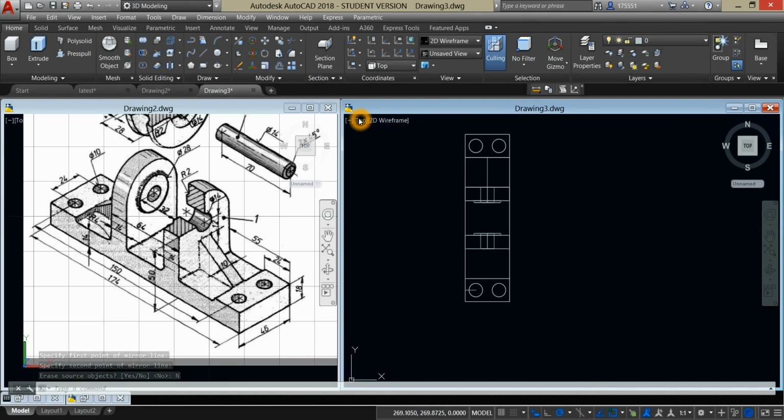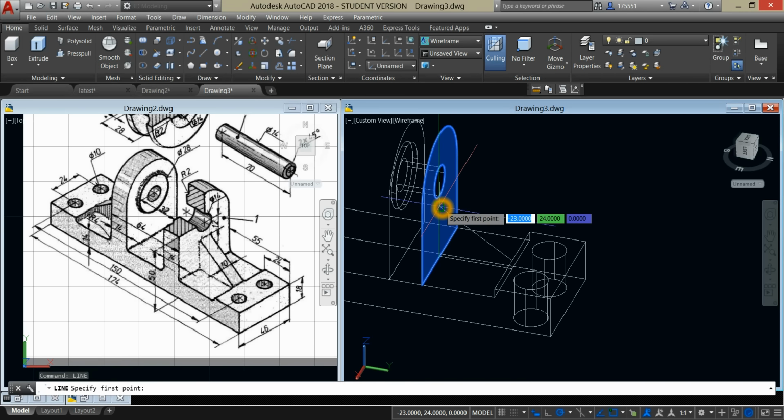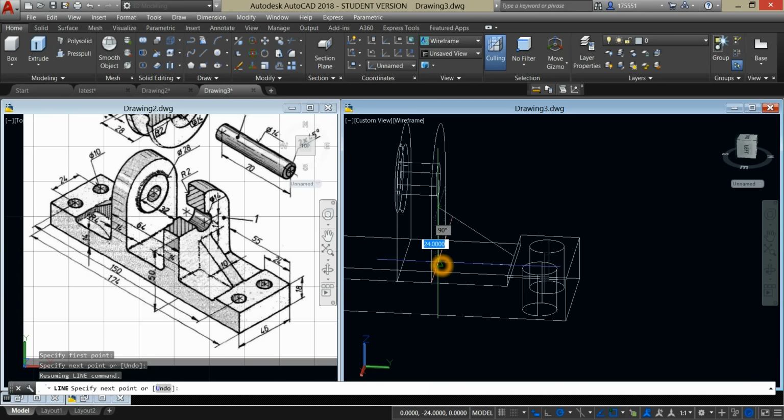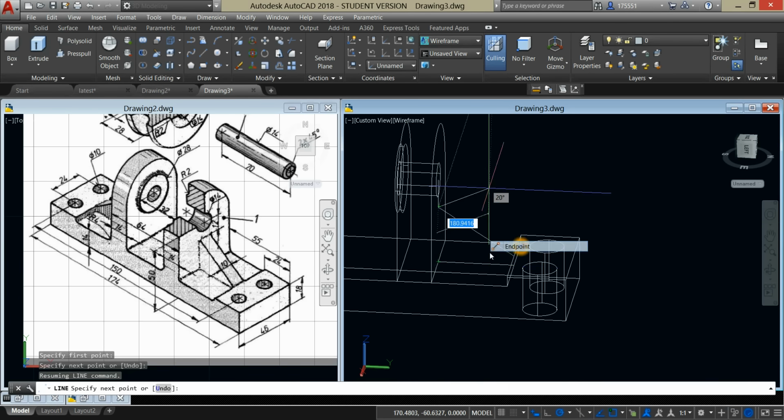Line again and snap the endpoint of the construction line to the midpoint here, and then right click to repeat line, snap the endpoint of that line and the endpoint of that line,